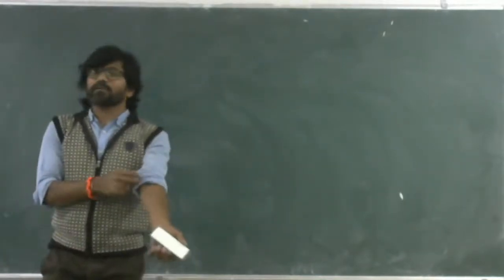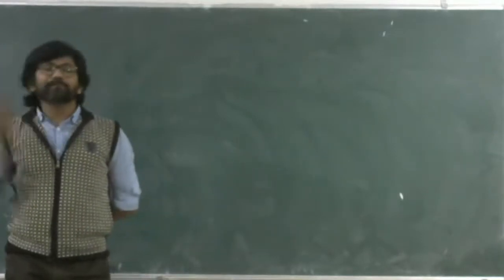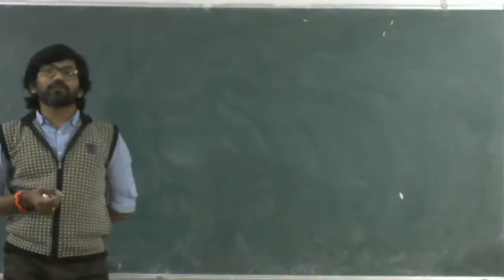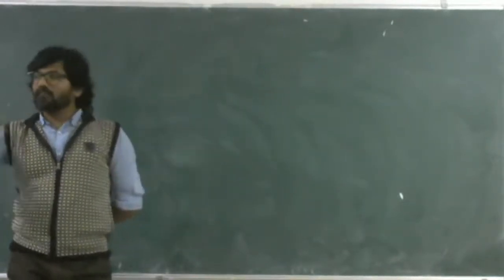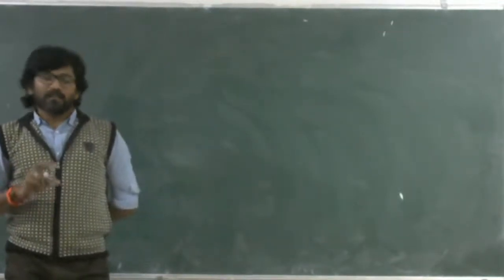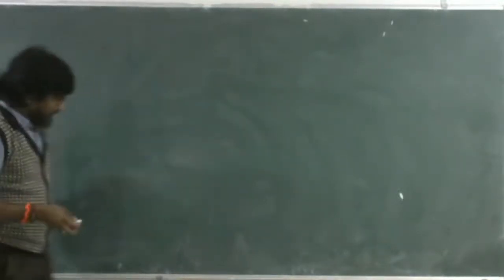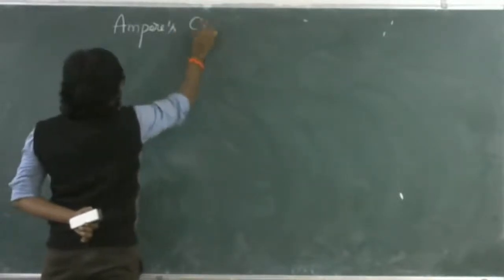Let us try to recollect back what is Ampere's law, especially toroid. How to find magnetic field due to a toroid. Okay? I will try to recollect back a few points related to other examples also, other applications. First, what is Ampere's law? Ampere's circuit law,